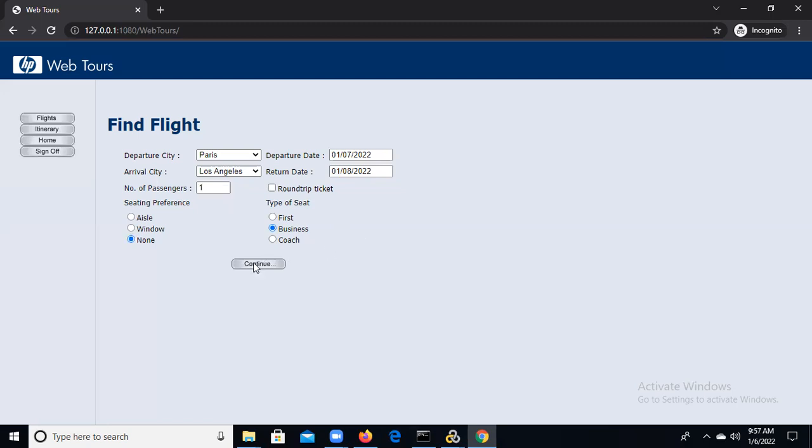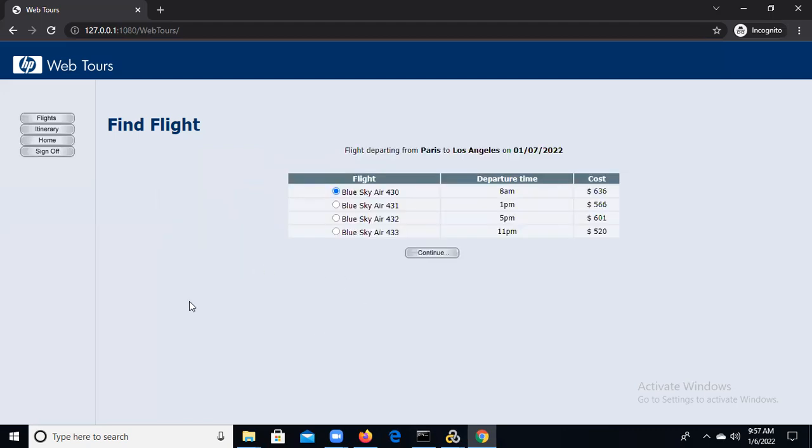So then go to continue again, and the find flight button. Further, this depends on the time, depends on the cost. We need to select differently for each one, because I am selecting this one, and Shaker or Praveen Reddy may select the same thing or not, I don't know, because my convenient time is 8 a.m. but his convenient time is night, 11. So this is also changing. So we can consider the flight value also as a dynamic value.